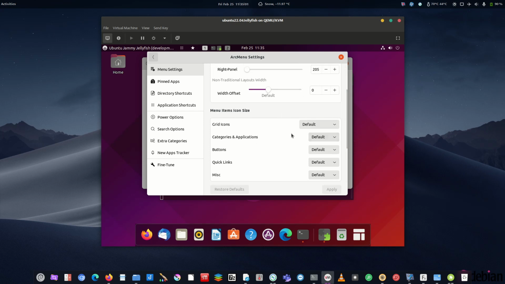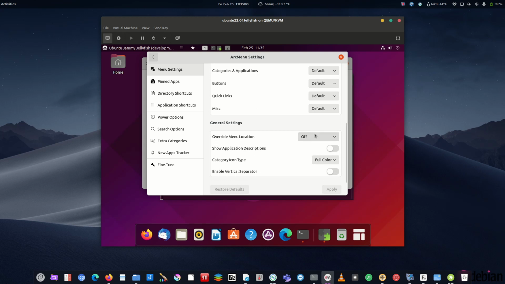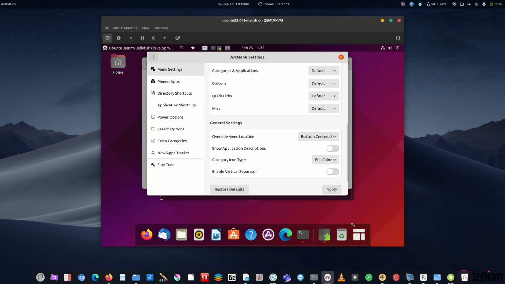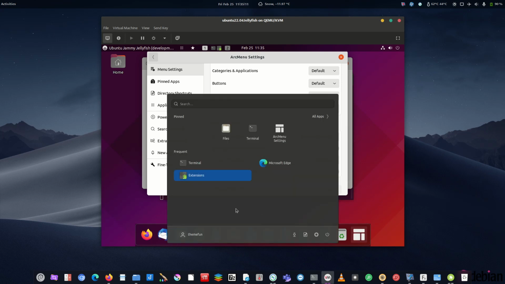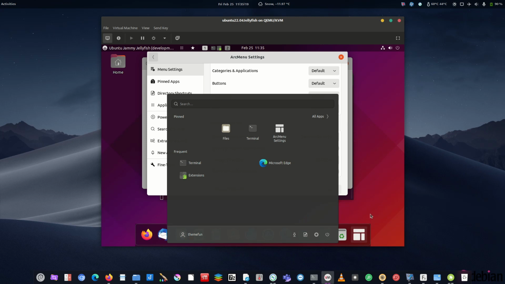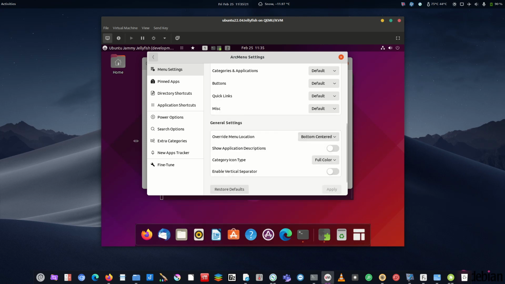Okay, override menu location I do have turned on, and I put that on to bottom centered. So this is going to center it if I apply it. This is going to center this menu, which I prefer, rather than having the menu actually open where the menu is. And I think I moved this to the other side later on as well, so I'll show you how to do that. And if we carry this on,